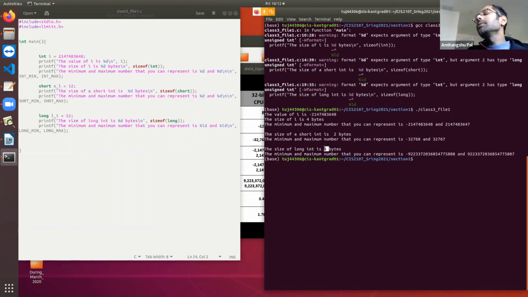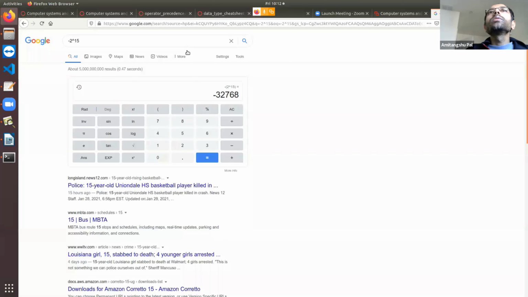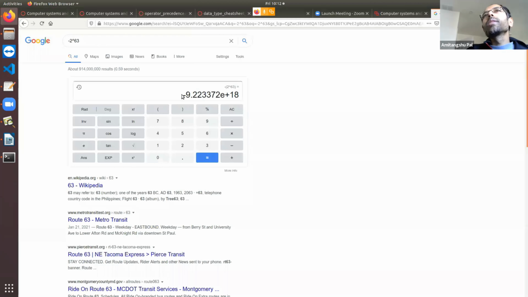So 8 byte means 64 bit, right? And using the same logic, among the 64 bit, you can reserve 1 bit for a sign. The remaining 63 bit you are using for representing the value. So using 63 bit, what is the maximum number that you can represent? 9.223372 into 10 to the power 18, right?